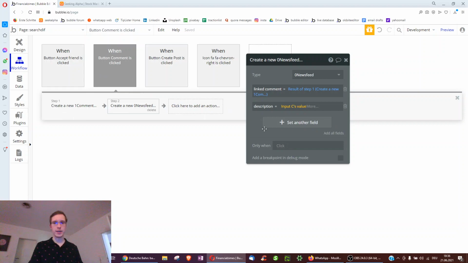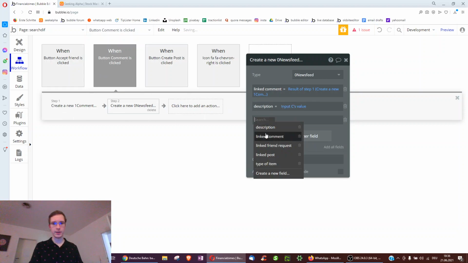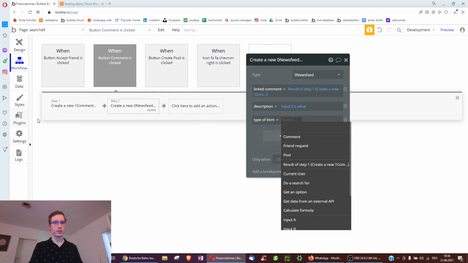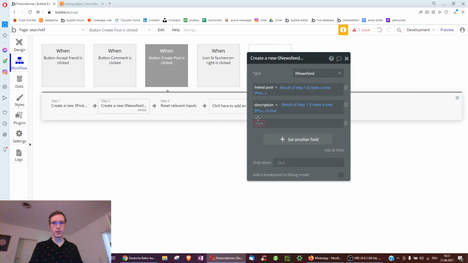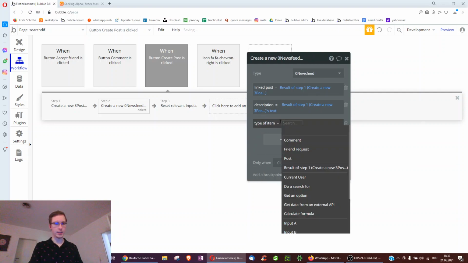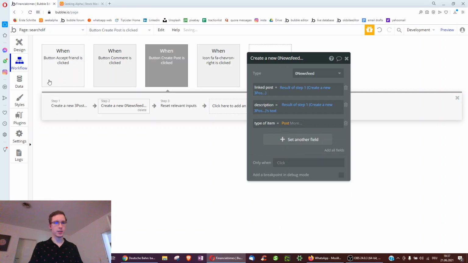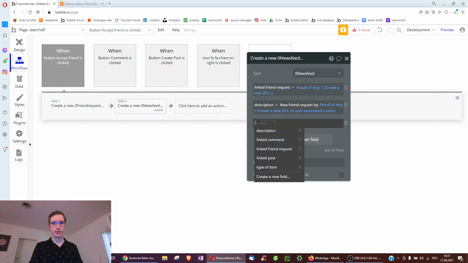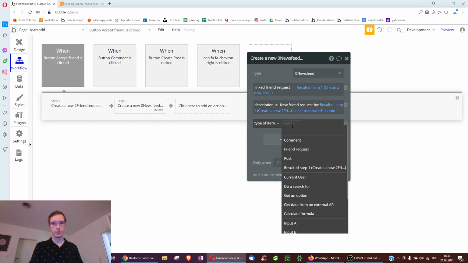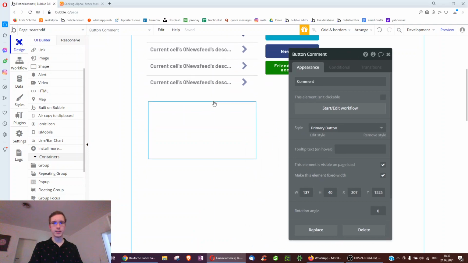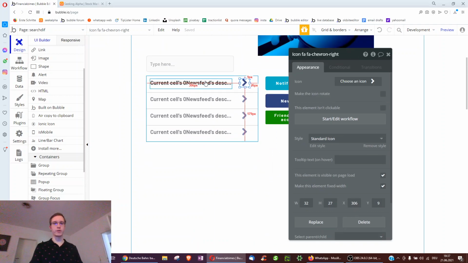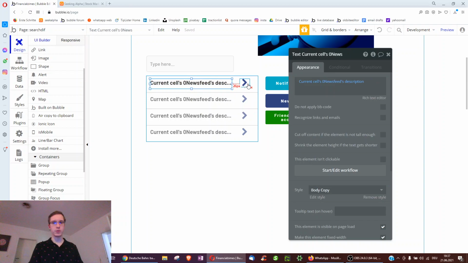What we forgot to add here is to the newsfeed item, we also have to say what type of item it is. So this is a comment, so we do type comment. When it's a post instead, we do type equals post. And when we accept a friend request, then type equals friend request. This is important, this last step, because otherwise this condition up here where we click for more info to see more about this newsfeed item,